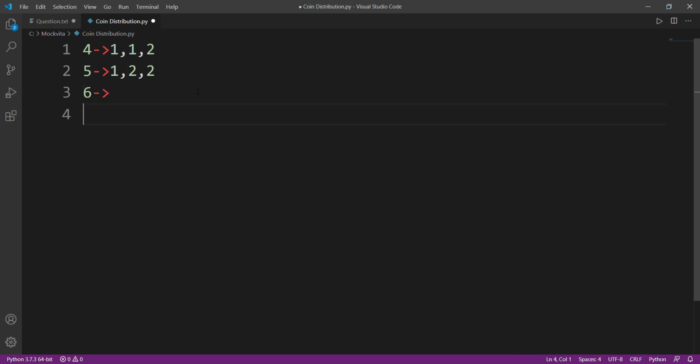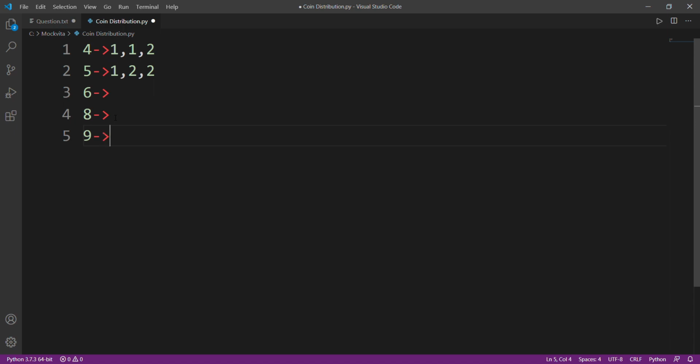So let us check at 8. Will it be possible at 8? At 8, suppose I take a 5 rupee coin, a 2 rupee coin, and a 1 rupee coin. With the sum of these values, I won't be exceeding the n. Okay, so with the help of 1 and 2, I can make 3, but I can't make 4. Okay, I can't make 4 with this. So at 8, I can't use 5 freely. What about 9? Let's see.